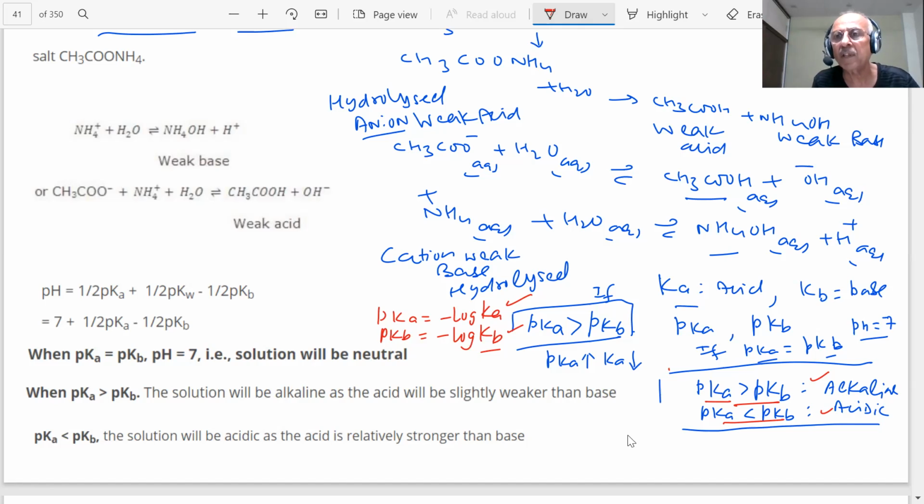We are not deriving that formula here, but you can use it in the exam. Why do we give formulas? Direct formulas can be used where they have asked to find the pH. The pH is equal to half pKw plus half pKa minus half pKb. The formula is like this. For weak acid and weak base cases, the pH can be found by this formula.